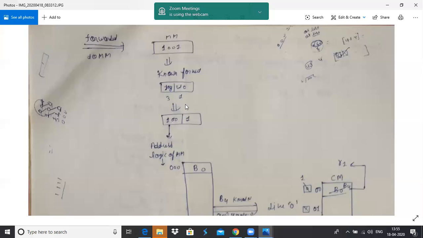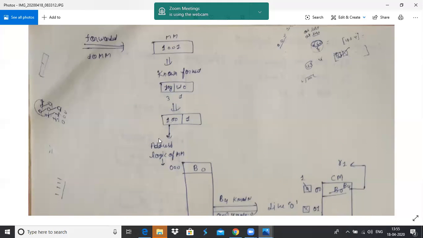Log base 2 of the block size, so it requires 1 bit, and the physical address is 4 bits. So the tag contains 4 minus 1, that is 3 bits. So the first 3 bits act as the tag, and the last 1 bit acts as W0. The physical address is represented in the known format as 100 and 1.